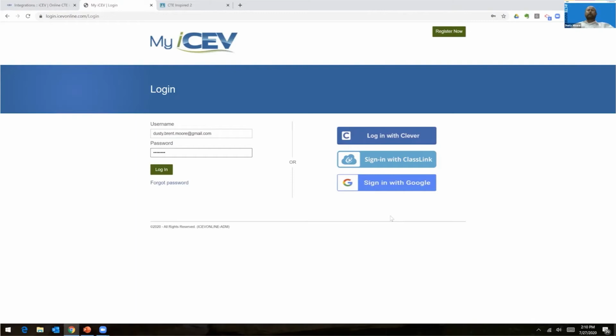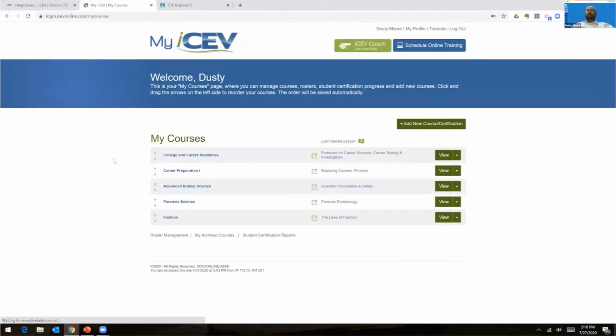The first thing you will notice with the Google Classroom integration is there is now a Sign In with Google button on the iCEV homepage. This allows you to link your iCEV credentials with your Google credentials, making it easier for you and your students to log in. After logging in, let's take a look at how you would share assignments to Google Classroom through